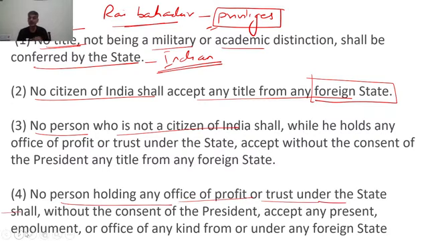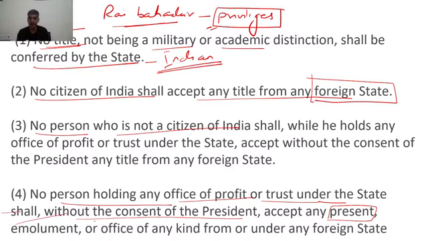Now, this means it includes citizens, aliens, and foreigners also, without the consent of the President, except any present, because it was a very big problem with Indian government employees. They used to get bribes in the form of presents. That is basically from British time. They used to ask for nazrana. भाई थोड़ा नजराना तो लेके आओ है ना, that is the thing. Present,